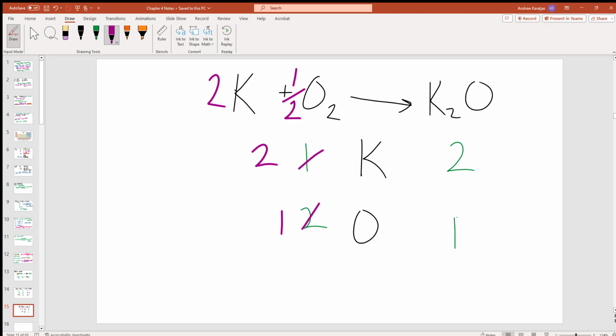We can't. But if we think about this in terms of moles, can you have half of a mole? Certainly. So this would be 2 moles of potassium react with half a mole of oxygen to form a mole